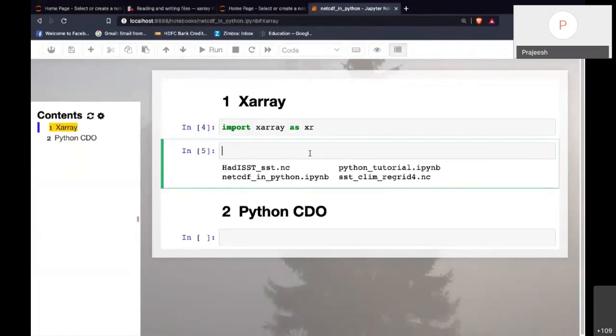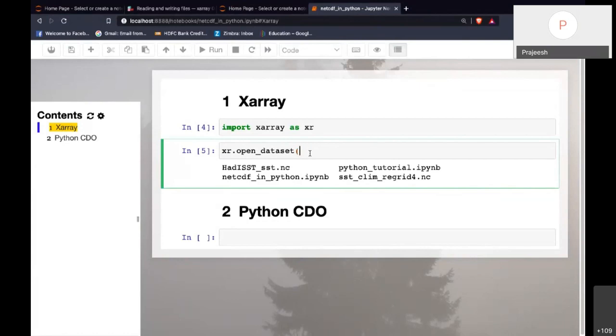To open a data set in Xarray, you have to use the method open_dataset. So you can open a data set using the open_dataset method.